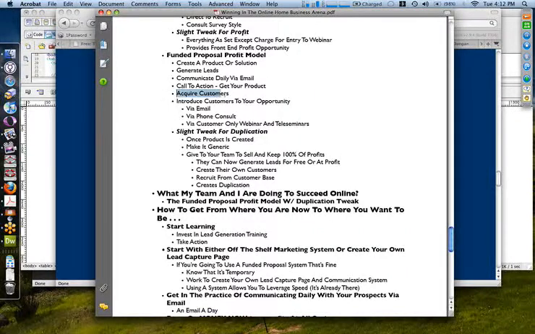You acquire the customer, and then from there, you can introduce your customers to your opportunity in varying different ways. By email, it could be a simple email message: Hey, I've got a few spots left to bring on new team members. If you'd like one, there's three left. Go here, sign up, and we'll get started. You're not qualifying people. You're just letting them jump in.